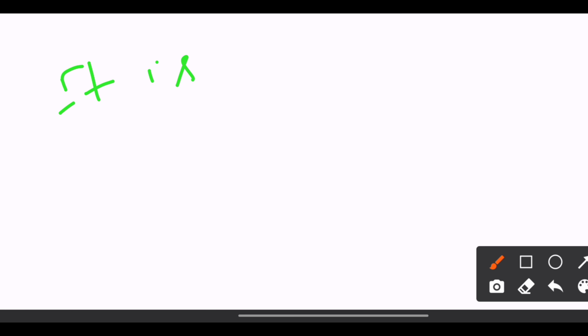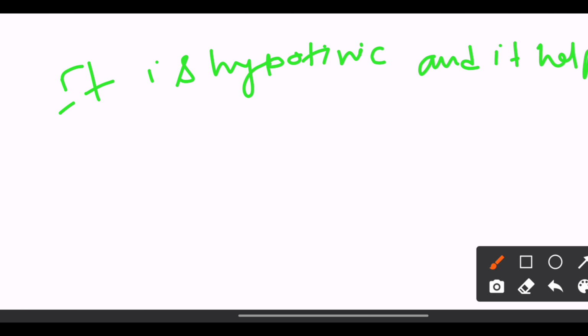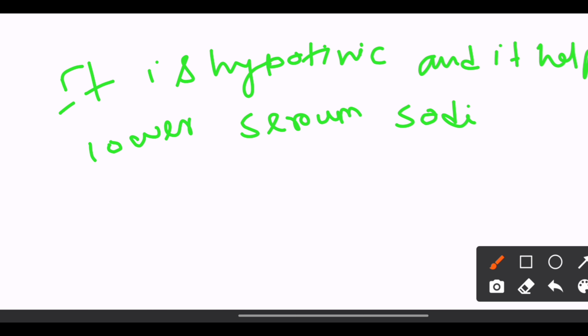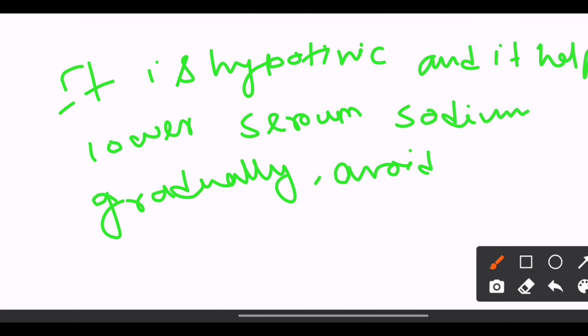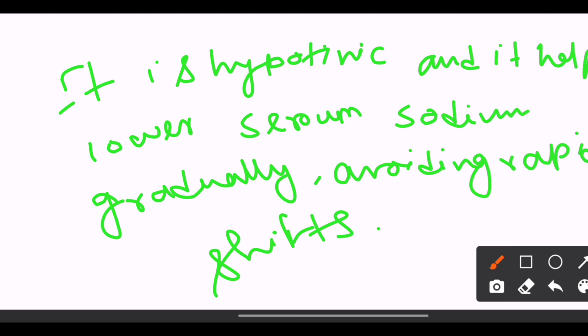it is hypotonic and helps lower serum sodium gradually, avoiding rapid shift. So the answer is option B, 5% dextrose in water. Next,